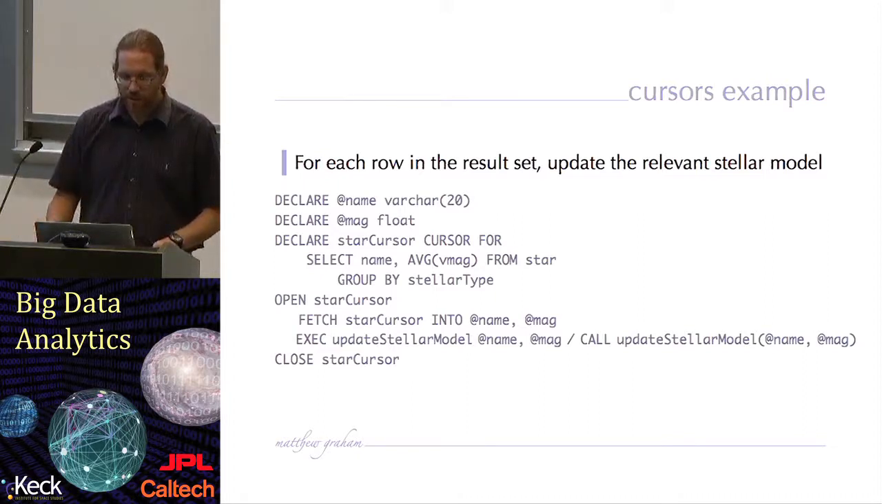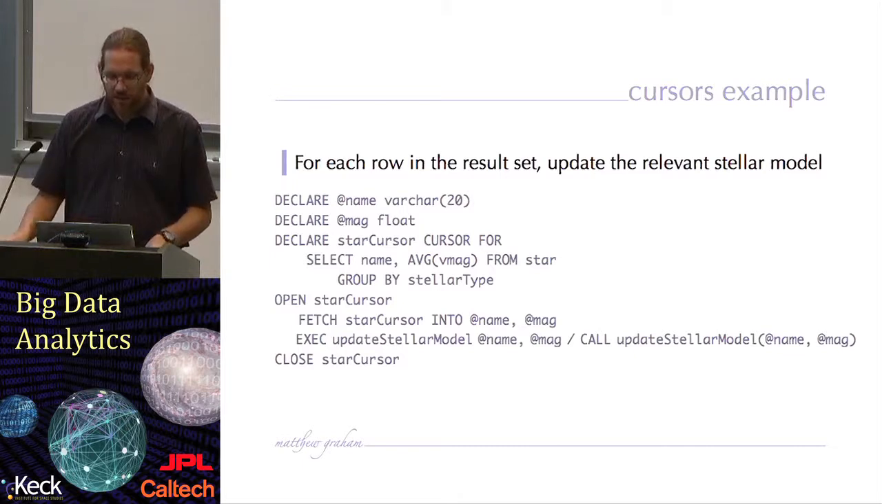And then I open my star cursor. What I say is that I fetch into my cursor that information, in the name and the magnitude, and then I have some stored procedure already called update stellar model, and I'm going to run that based on the values of the name and the magnitude that I've loaded from running my cursor